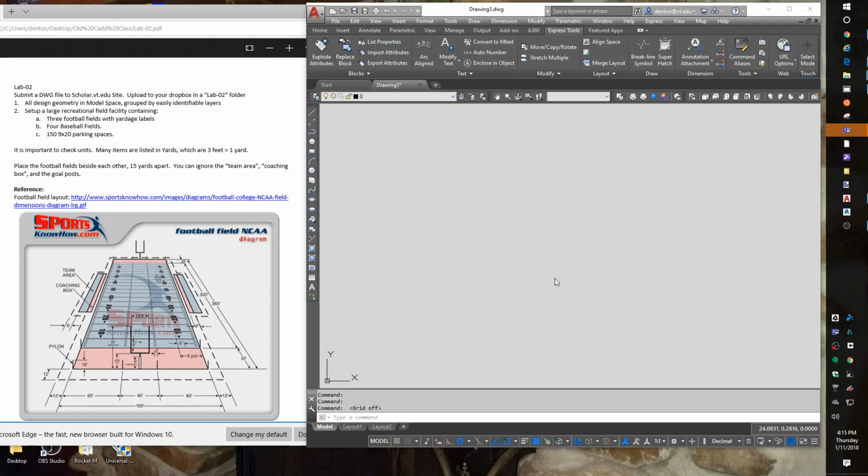This will be a quick lesson on drawing a football field. I have a document that's telling me what sizes I need to use for drawing a football field. I'm going to ignore the team boxes and coaching boxes and the goalposts. I'm just going to draw the main parts of the field. Jumping into it,